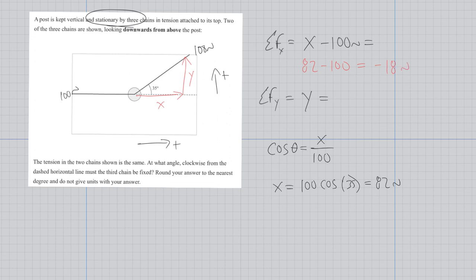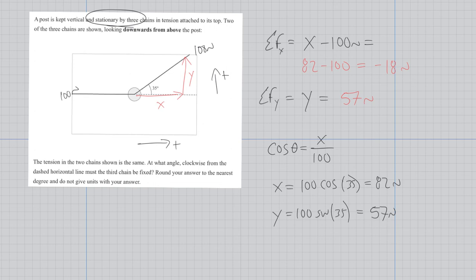In the y direction, we have the same setup, but instead of cosine, we'll use sine. And I should get a value of 57 newtons. And that should make sense, right? If this is 35 degrees, my x component should be bigger than my y component. So 57 and 82 makes sense there. So my net force currently with only 2 chains is 57 newtons in the y direction and negative 18 newtons in the x direction. So we need our third